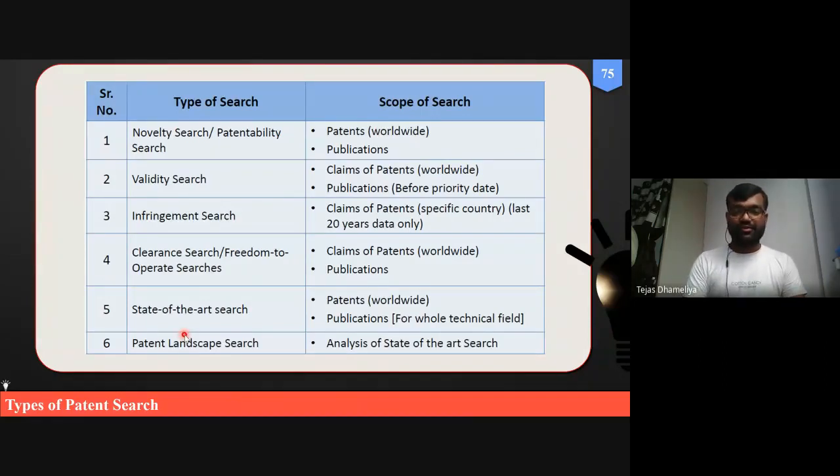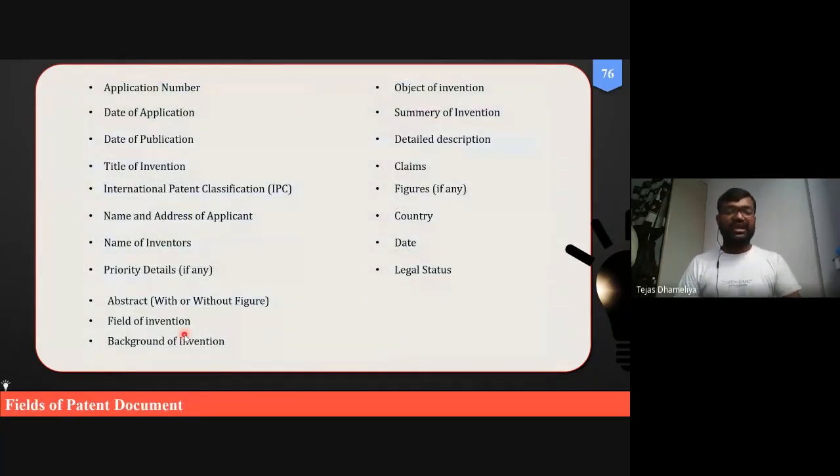Then it comes to fields of the patent document. So already we have studied all these patent documents: application number, date of application, basically application number which will be given by the government of India, and if we are filing in USA, it can be government of United States of America. It can be a date of application, so when we have filed the patent, and date